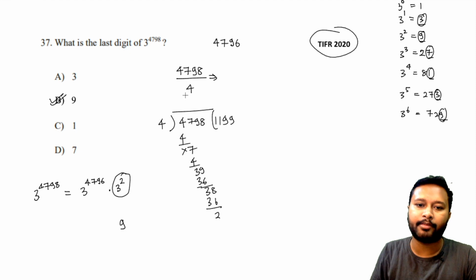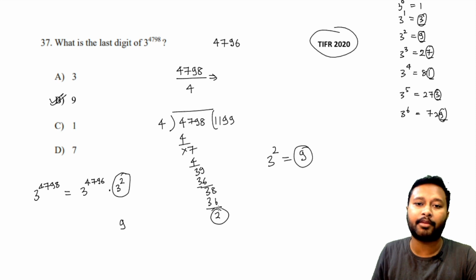So there you have to divide it by 2. Now since here the cycle was repeating every 4, that's why I have divided by 4. Whatever the remainder I got, in order to find out the unit digit, I just have to take that power. That's it. And that will give me the unit digit.